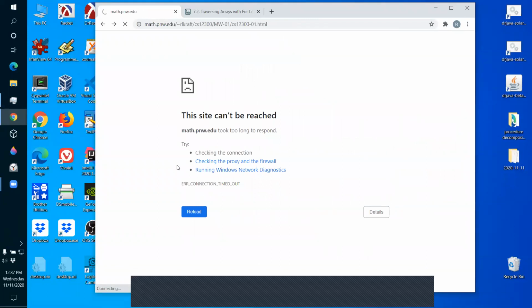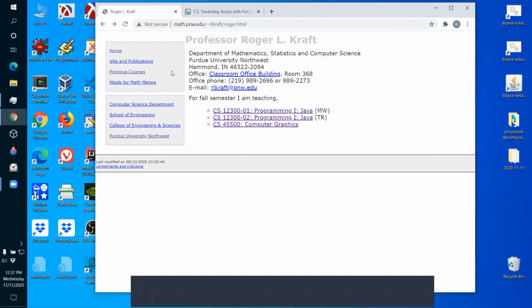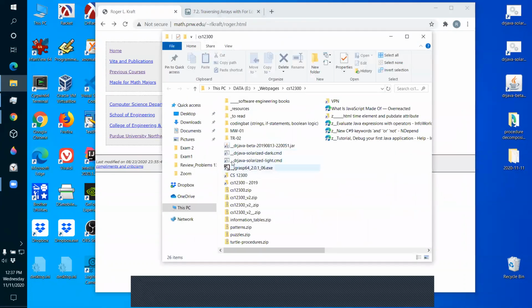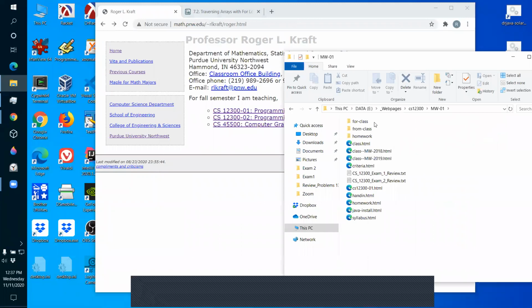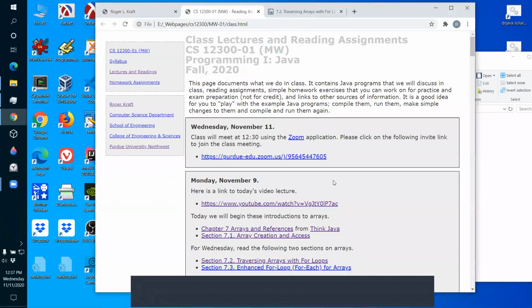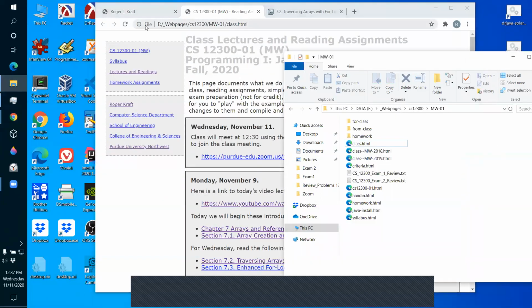That page isn't there anymore. Okay, so the web server has died on us just in the last couple minutes. Well, I've got those examples. I want to show you. Okay, I'm serving it off my desktop right now.